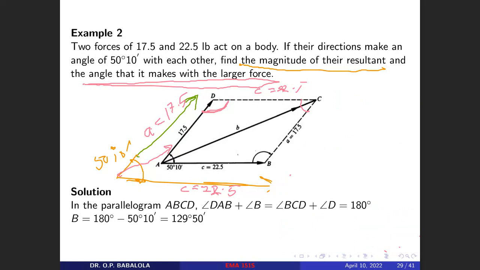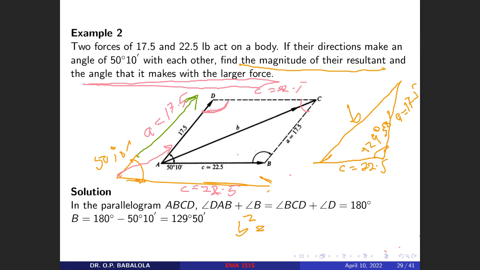Now I want to draw the triangle itself. We have this angle to be 129 degrees 50 seconds. We have this A to be 17.5. We have this C to be 22.5. We're looking for this. Can you see it? So we're looking for B. And to obtain B from our